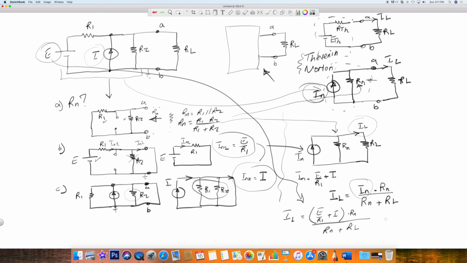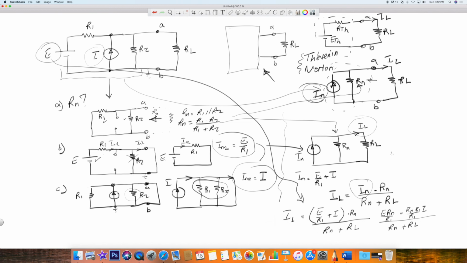If you had to simplify this, that would be E Rn over R1, we could multiply and divide R1 and R1 here times I, the whole thing divided by Rn plus RL, and